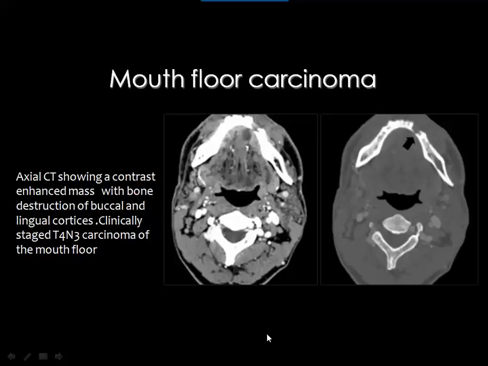Then sometimes these carcinomas may invade the adjacent mandible, either by erosion or by marrow invasion only. In cases of marrow invasion, MRI is superior to the CT, whereas in cases of bone erosion, they said that CT is much better. Then you see a tumor here in the mouth floor, anteriorly to the left, and is associated with destruction of the adjacent mandibular margin with possible tumor extension beyond the